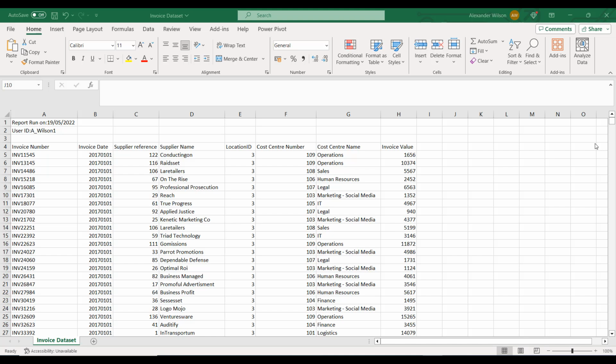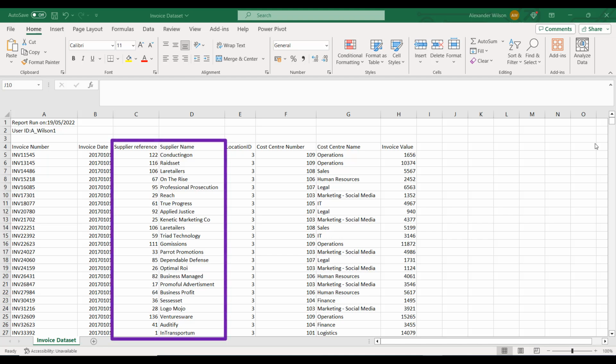From a data perspective, we want to know exactly what this date represents. Is it the invoice date? Is it the invoice received date? The date that the invoice went into our accounting system? And so on. And as you might appreciate, each different date has a slightly different implication for the report that we build. Now the next two columns after that are the supplier reference and supplier name.